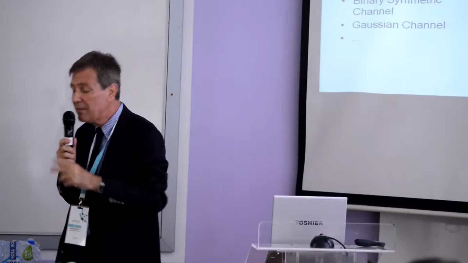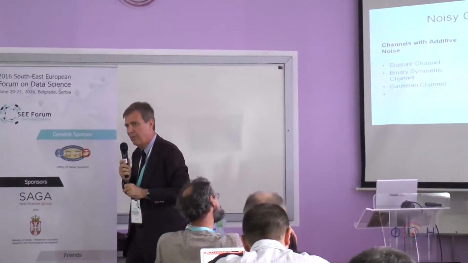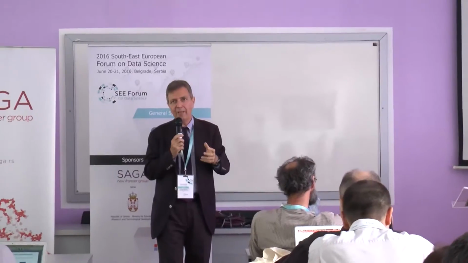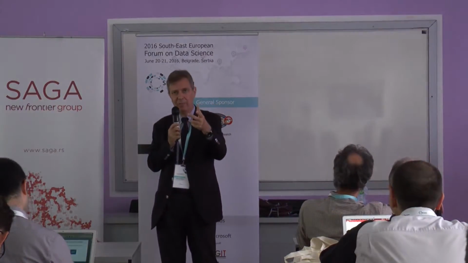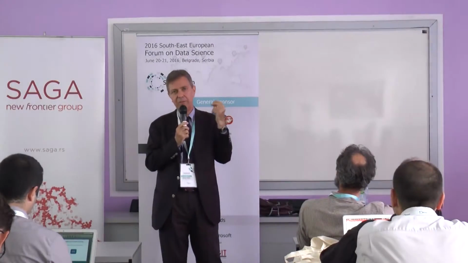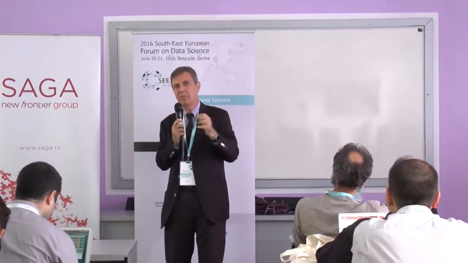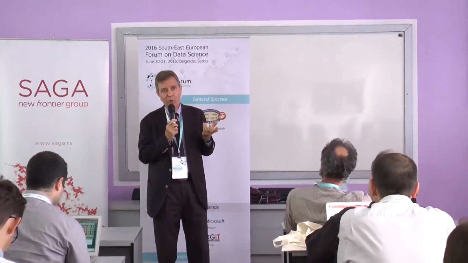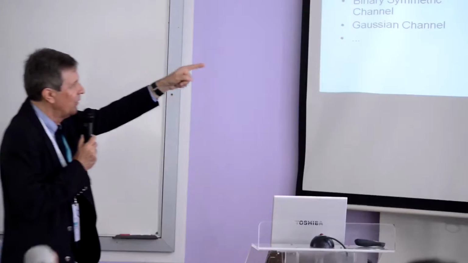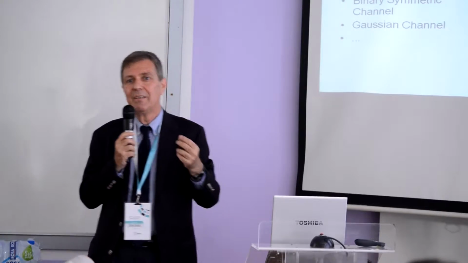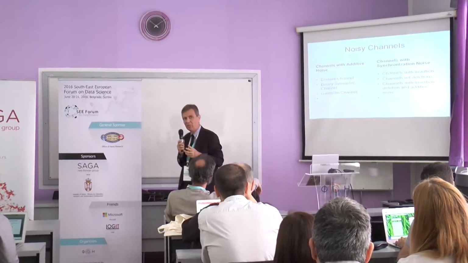What is the difference? It is an extremely important difference. If we are facing a channel with additive noise, that means we somehow degrade something which is online, but we know what we are degrading. For example, if we send some bit, or let us say a vector or sequence of bits, and we face an additive channel, that means each bit will be somehow corrupted, but we know the positions of the bits. And the problem with channels with synchronization noise is that we are losing that important information.